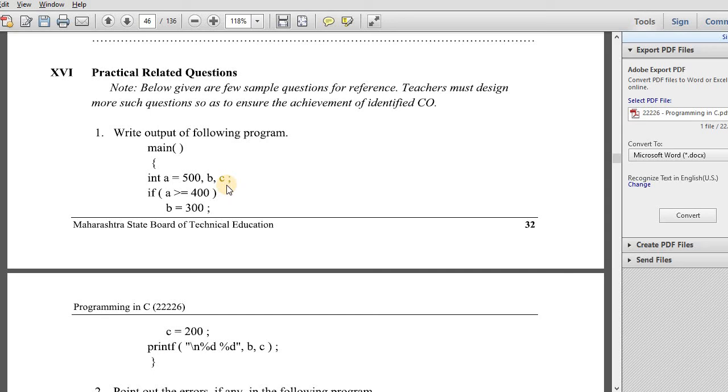Now b and c are variables. Here we are checking the condition. If the value of a is greater than or equal to 400, then b equal to 300, c equal to 200. Print b and c, the values of b and c. So see here, first it will check the condition. What is the value of a? It is 500. 500 is greater than or equal to 400. The condition is true. So it will assign 300 to b, but it will not assign 200 to